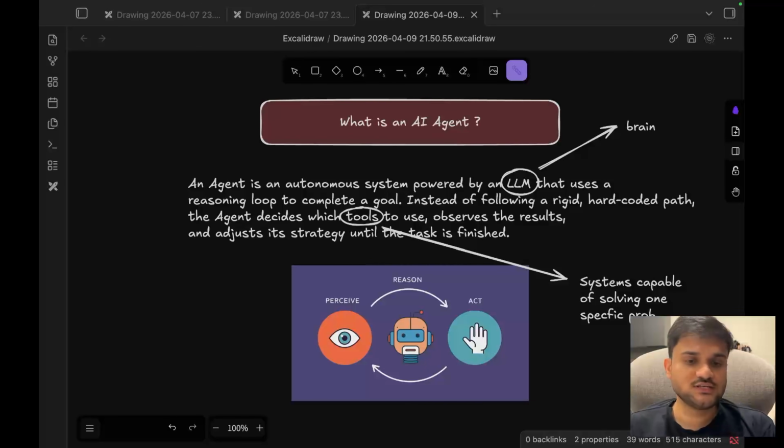You will find use cases of AI agents in customer support as well. It will be able to take customer queries, analyze what the customer wants to do or what issue the customer is raising, then call the relevant set of tools that can actually help the customer. For example, if a customer wants to return an order, first of all it needs to get the details of the order. So it will be able to call a tool to fetch the order details for a particular customer, and so on. That's what AI agents are, and the use cases are immense.